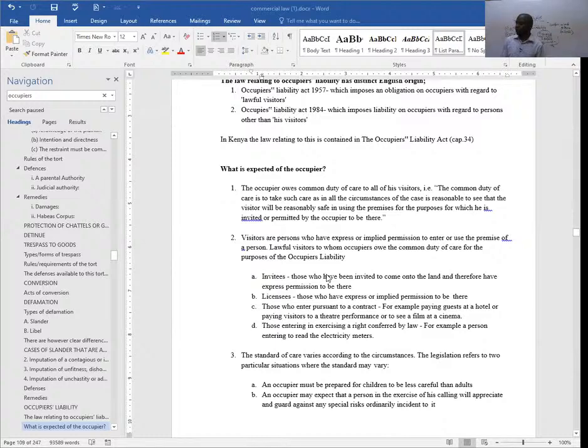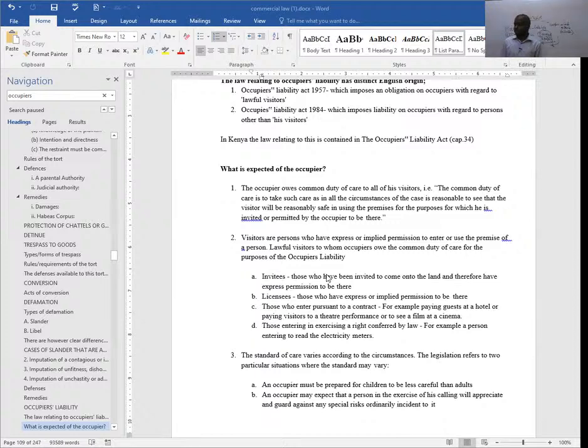The occupier owes a common duty of care to all his visitors. He has a duty of care to all the visitors coming to that supermarket or premise, to ensure their safety. The common duty of care is to take such care as is, in all the circumstances of the case, reasonable to see that the visitor will be reasonably safe in using